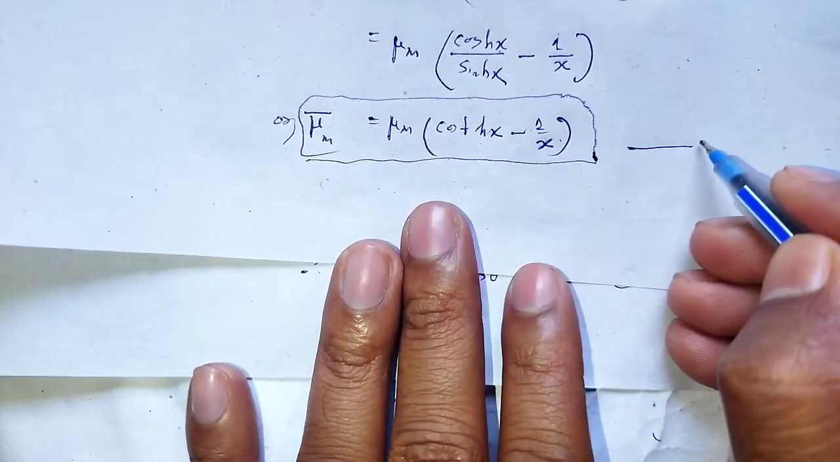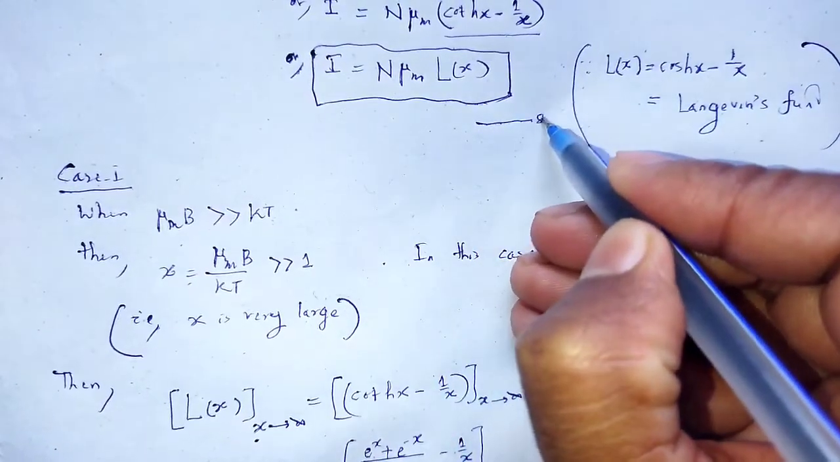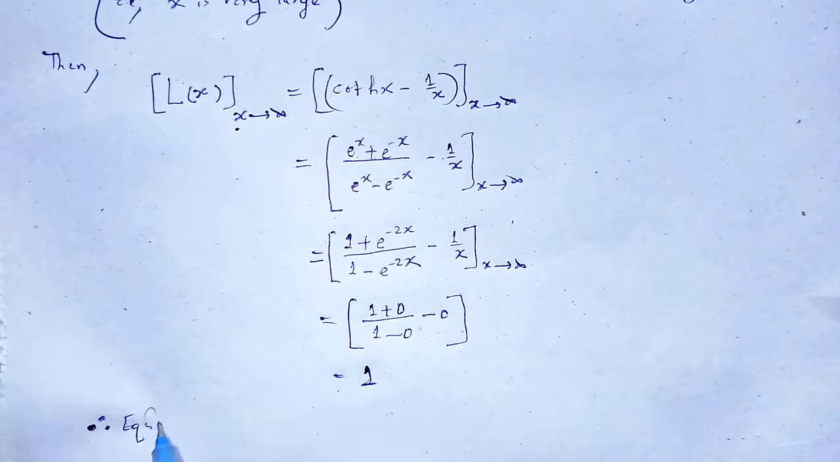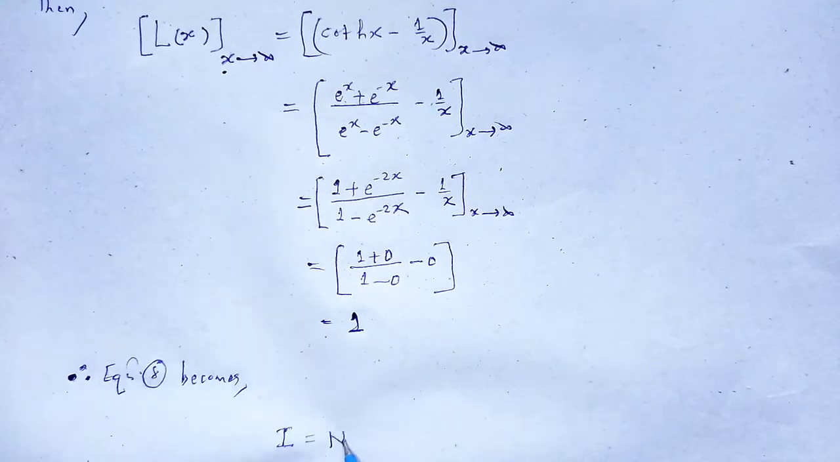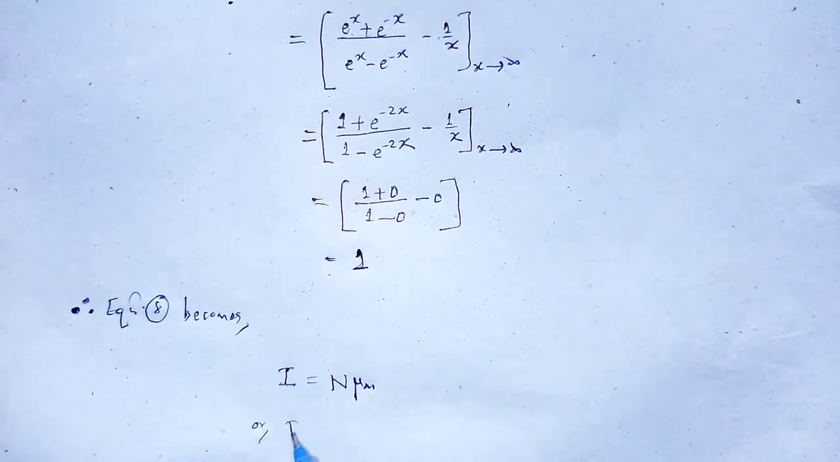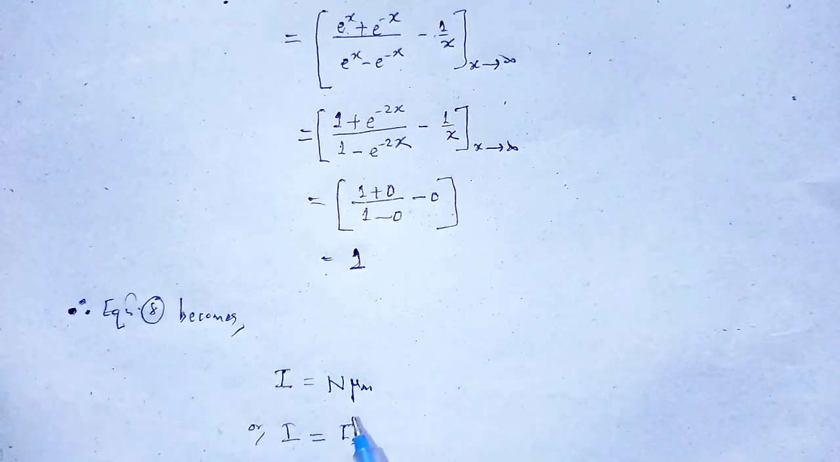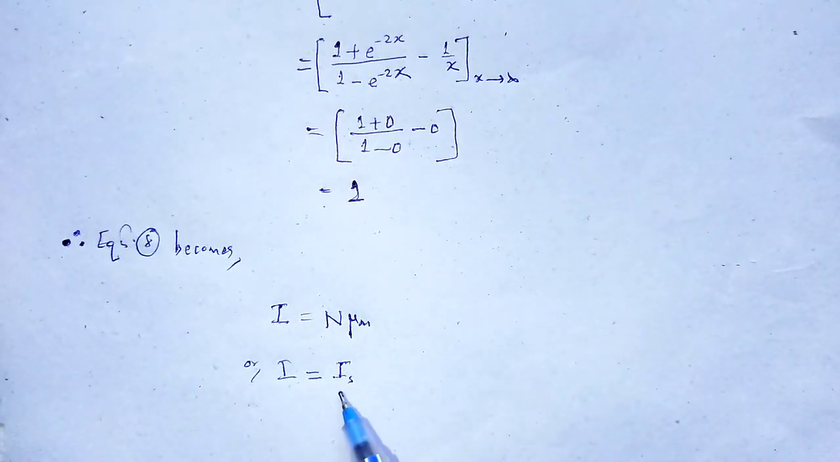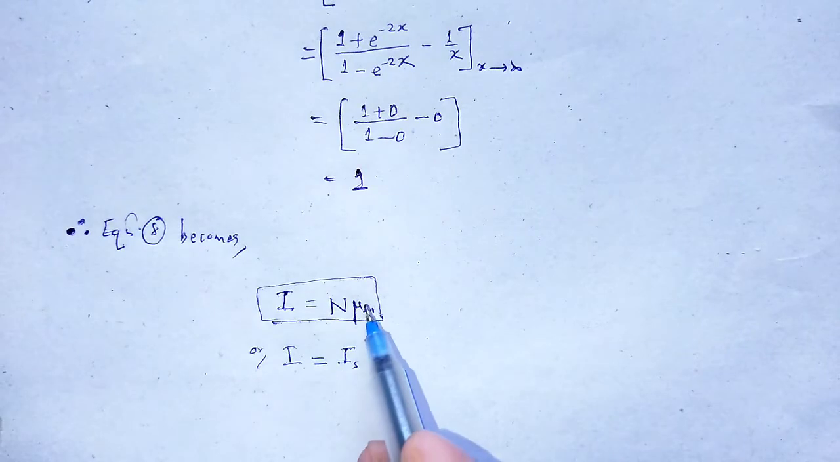let it be taken as equation number 7, equation number 8. Therefore, equation number 8 becomes I is equal to n mu m, that is I_s, the saturation value of the intensity of magnetization. That is n mu m as is,